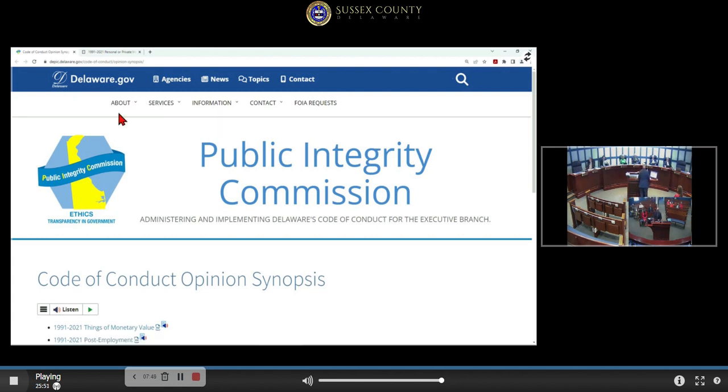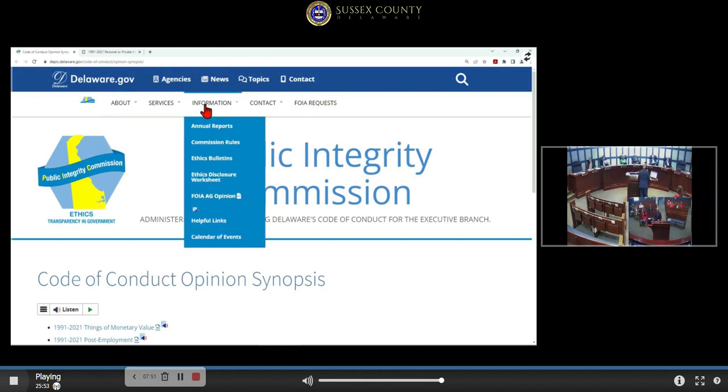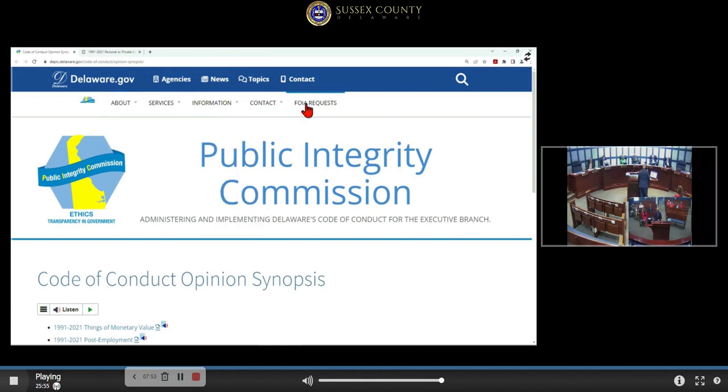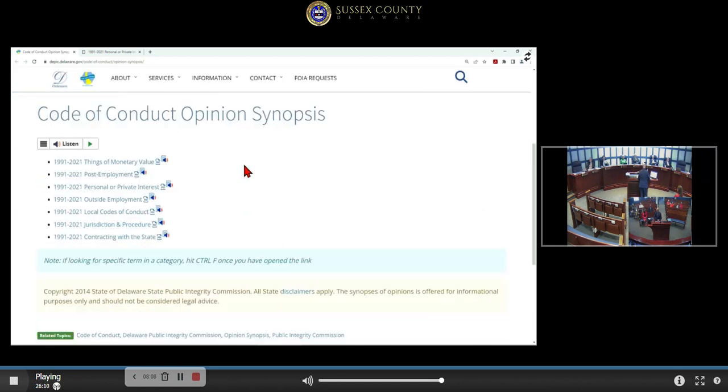If you go up to the menu, you can see numerous selection choices for folks doing research on issues with the Public Integrity Commission. If you care about looking at the agency and the membership right now, you can go through this at your leisure. But I wanted to highlight these opinion synopses.